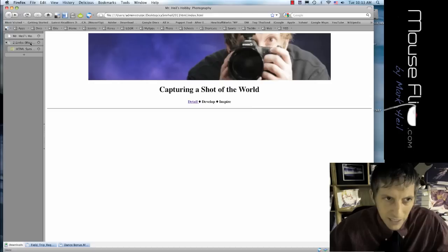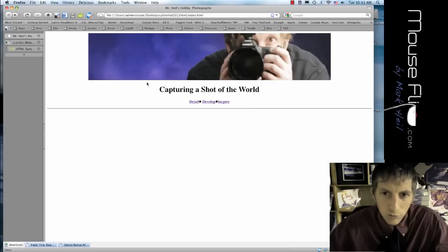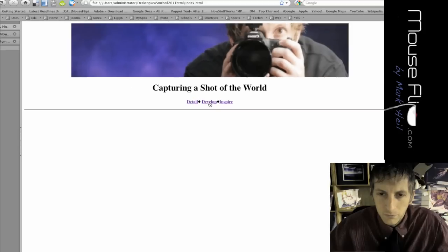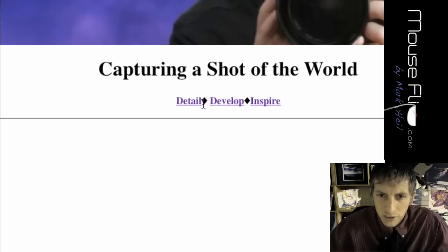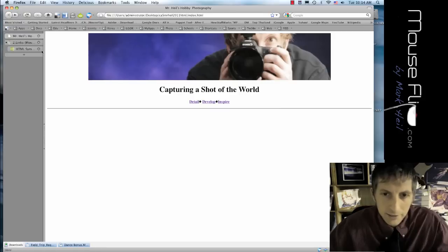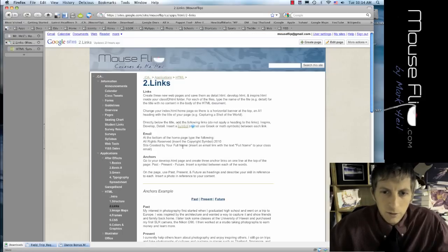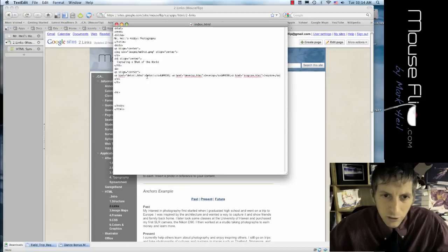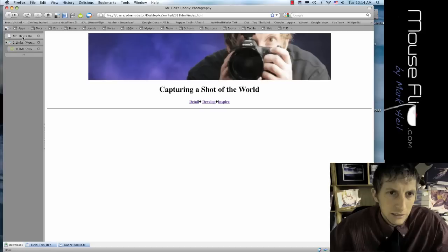Hit Command S to save it. Go back, Command R to refresh it. And there we go. Now I want to make sure there's a space between each bullet. So I'm going to go back to my text editor and put in a space for detail, space for develop, and space for inspire. Command S, Command R,